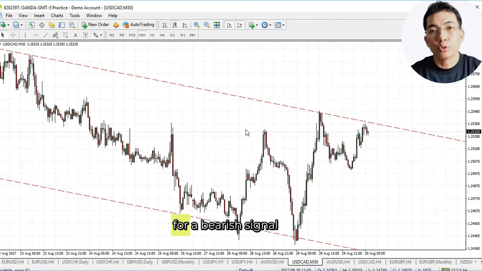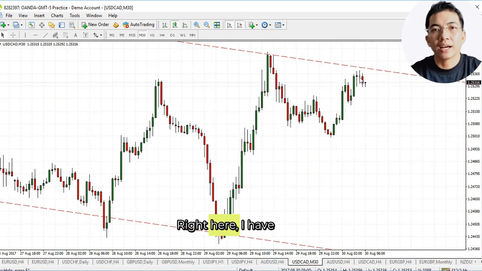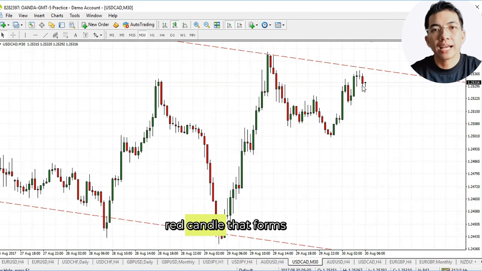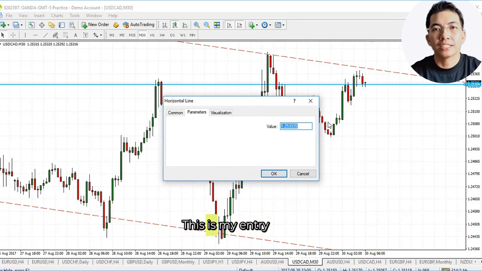I'm going to look for a bearish signal at the top of the channel. Right here, I have 3 good candles. I have a doji, followed by another doji, followed by a long red candle that forms a bearish engulfing pattern with the previous candle. So I'm going to open my position right after this bearish engulfing pattern. This is my entry at